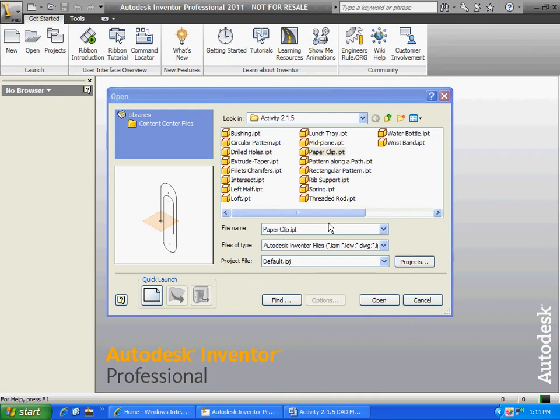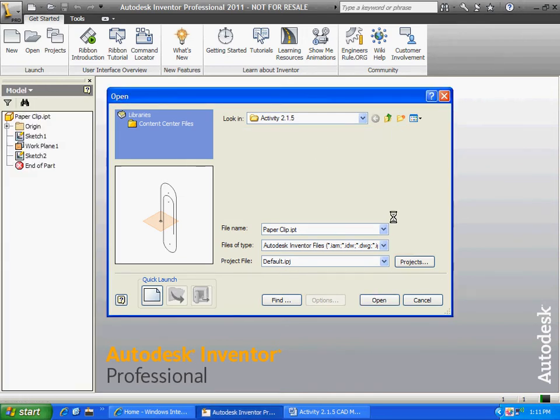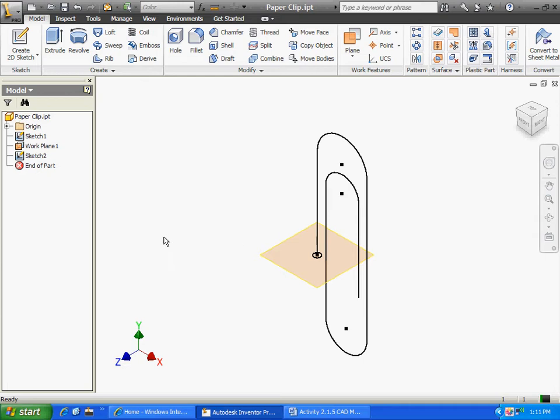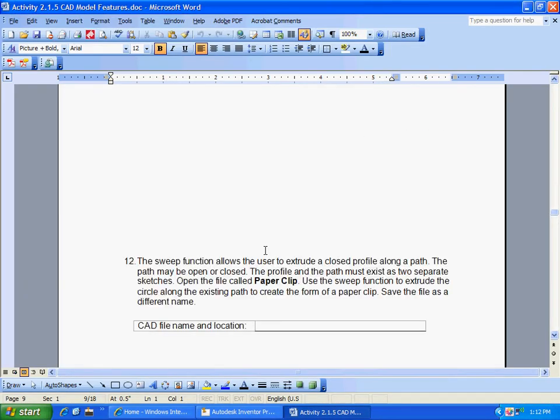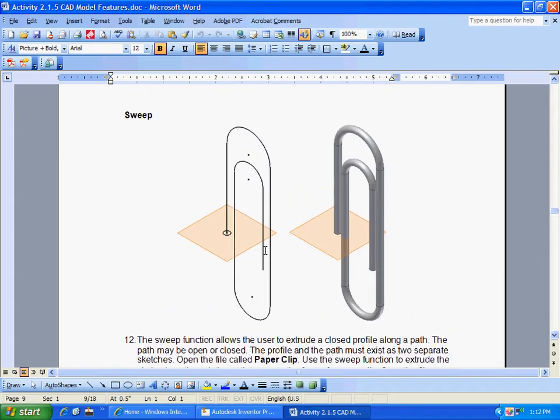So here we go. Watch how we do this. You're going to open up the paper clip. Now, here's what I need you to write down for the bottom here. In order to do a sweep, you need a closed profile. Write that down. A closed profile